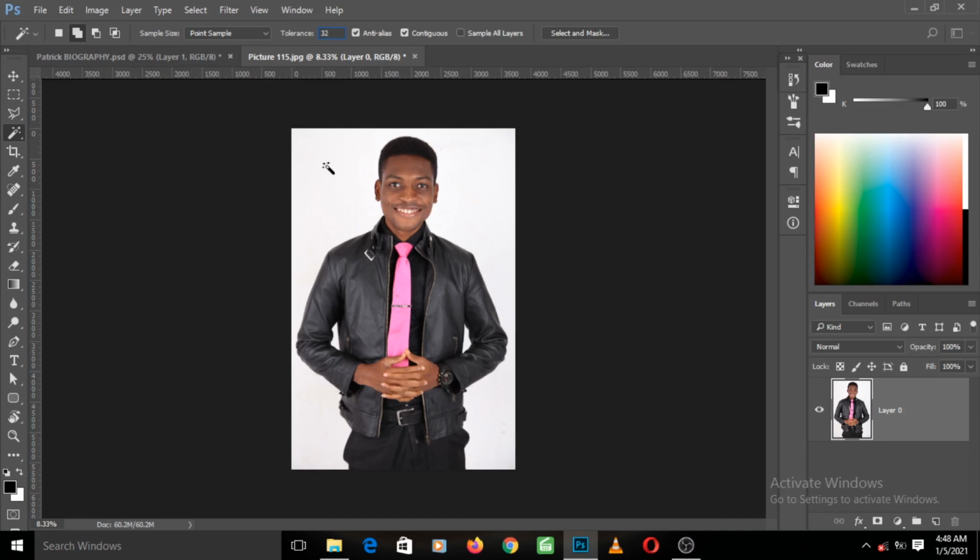The higher the tolerance, the more things will be selected. The lower the tolerance, the fewer things will be selected. So by default, it's set to 32. All you need to do is just left click on the plain color, which is the white background now. So just left click on it and watch what happens. It's loading. Take note, it immediately selected most of the white areas actually, but it